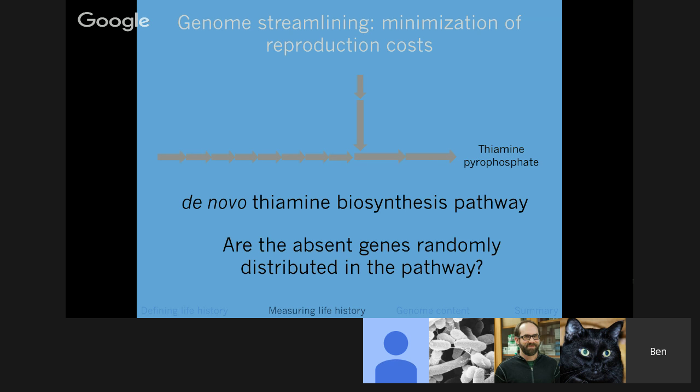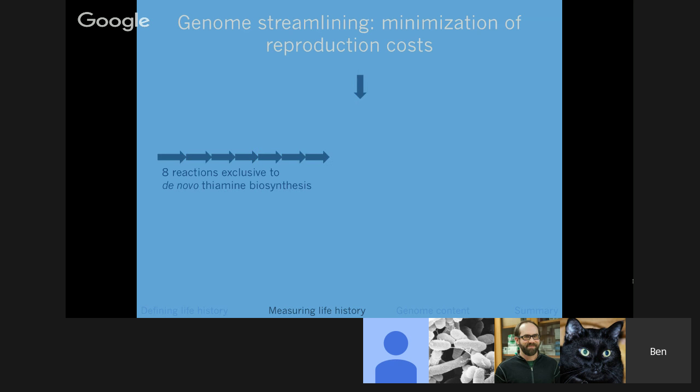And that's really saying, are the absent genes randomly distributed in the pathway in low copy number genomes, or are they more conserved under the de novo genes only? So we can split up this thiamine biosynthesis pathway into steps that are essential only for de novo synthesis. There's also one gene that's poorly annotated and is only present in about 40 of all 1,167 genomes we have. So we've ignored it for this analysis and asked, is the gene loss happening in these 8 de novo synthesis genes, or is it happening in the 3 reactions that are essential for recycling exogenous thiamine or its